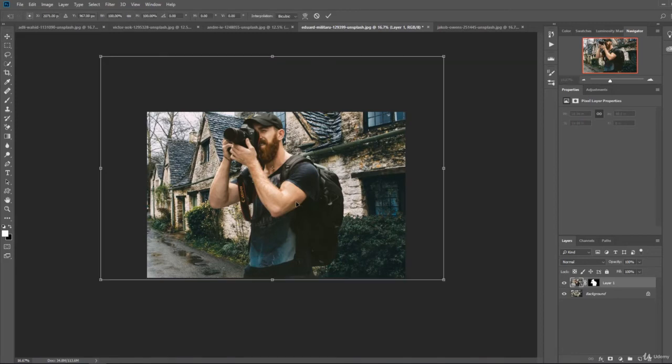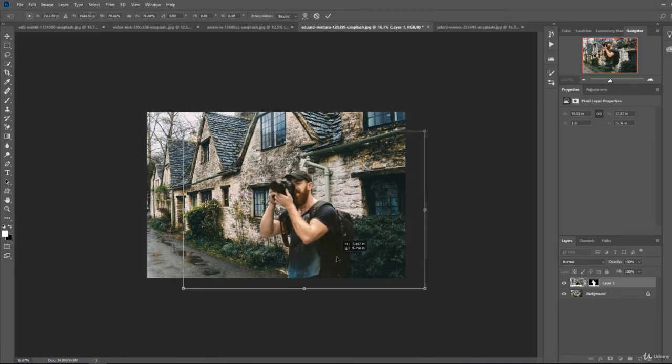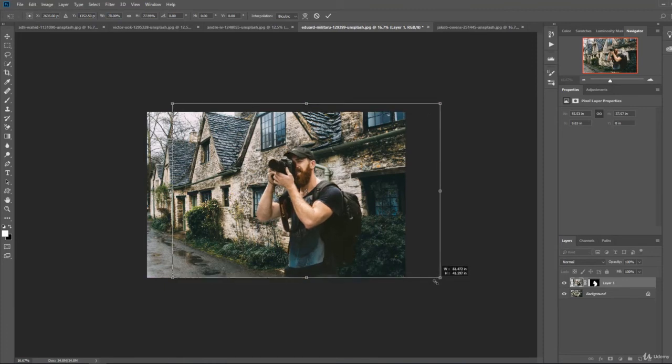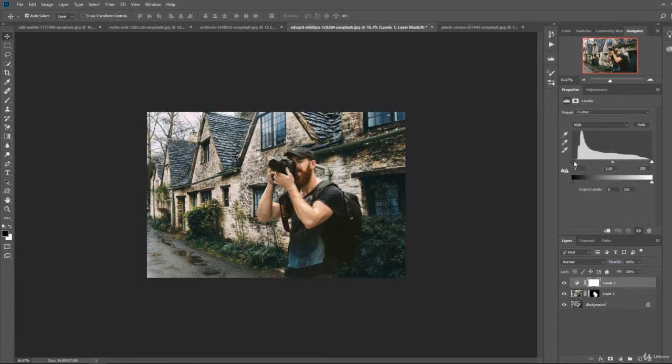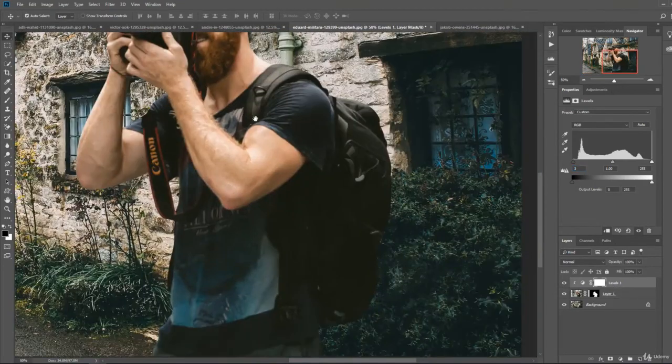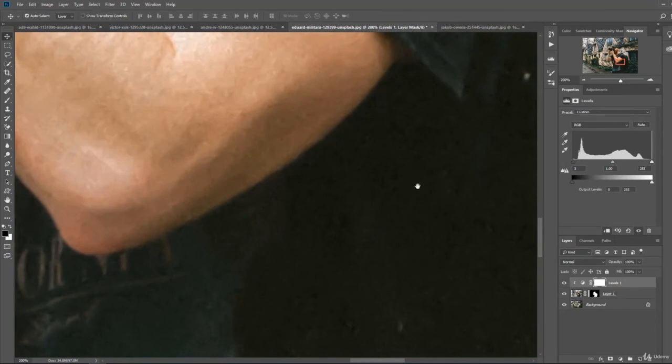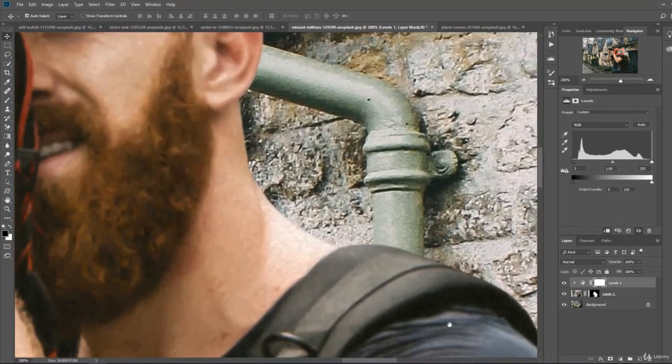Ctrl T to enable the resizing, and maybe put him like this. Okay, I think this is looking pretty much decent without even touching the image. Maybe some levels, and again we need to clip this one here. Okay, yes, this is better. To make this image blend better with the background, you see